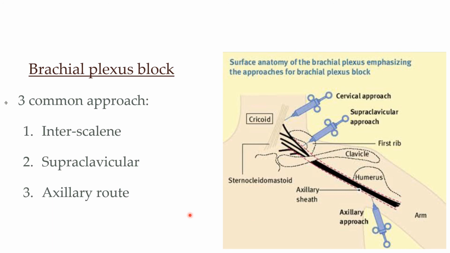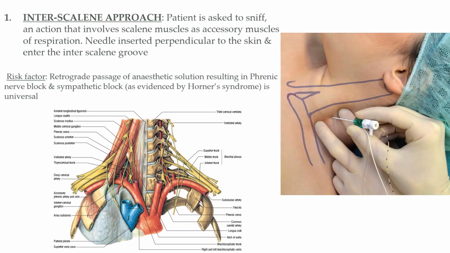We know that roots of the brachial plexus come out from deep to superficial plane by passing in between scalene anterior and scalene medius muscle, and while doing so they pull a layer of deep fascia along with them, which is the extension of prevertebral layer of deep cervical fascia, which later on in the axilla will be called axillary sheath. So this concept is utilized to give the anesthetic drug through interscalene approach.